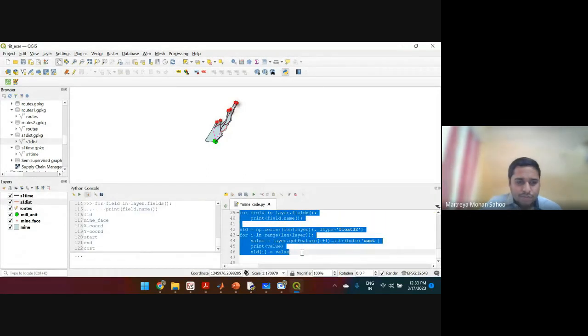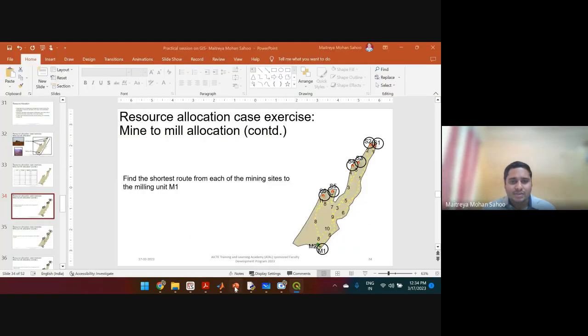So let us execute this line. So here the cost function values are expressed in terms of the distance. Now, if we make a comparison of S1 time and S1 distance for each of the mine sites to the milling unit,